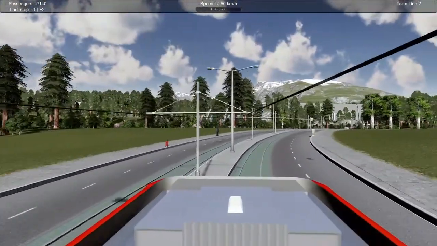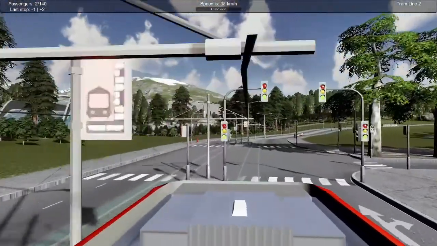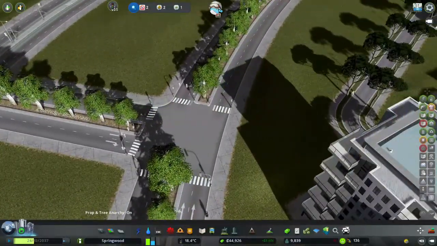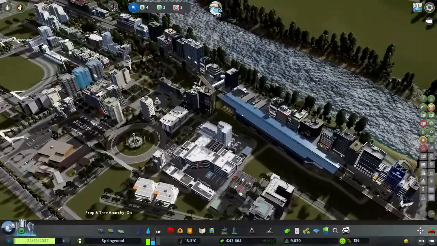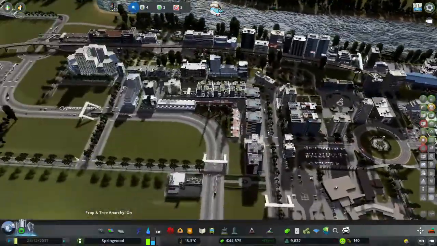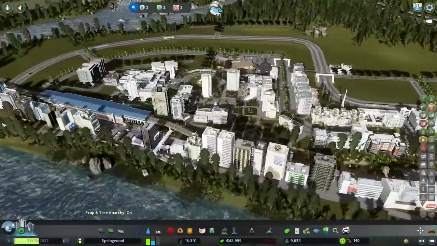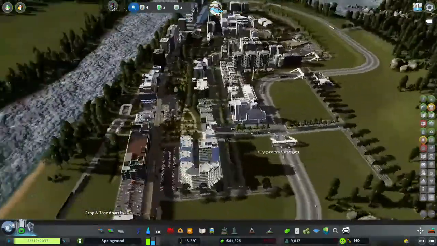Well, that completes our first tram circuit around the area of the city where the tram is currently circulating. There are two trams, one going clockwise, one going counterclockwise. And this is the city area as it stands right now. We've got the long stretch along the riverbank,